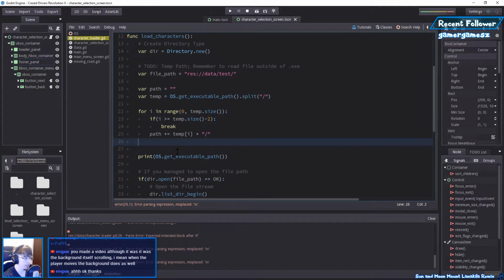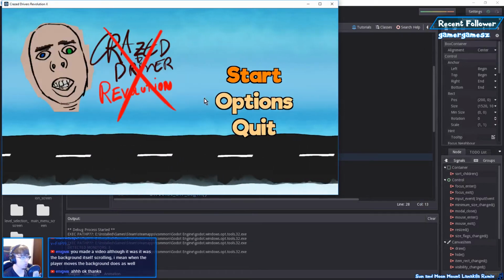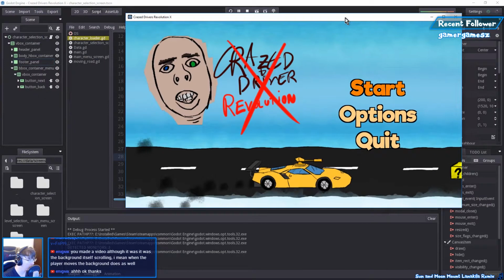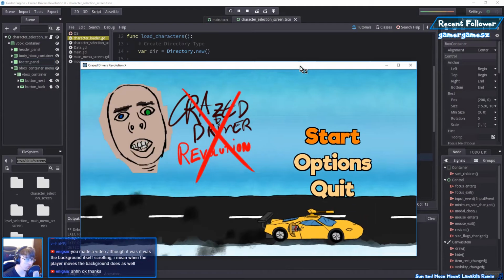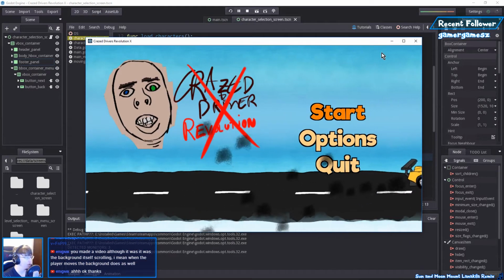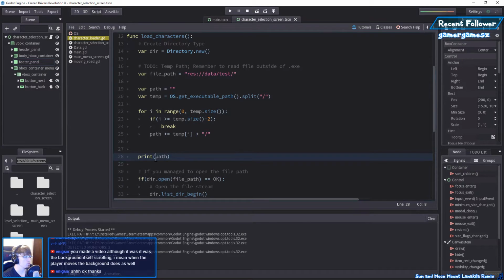So that should hopefully make it right. Let's print it out and see for ourselves. I don't think I need to add a string there, but